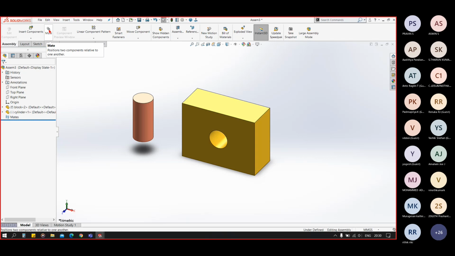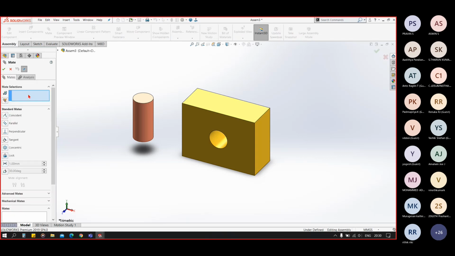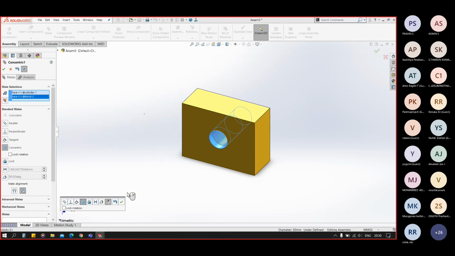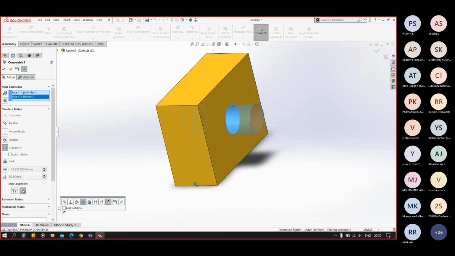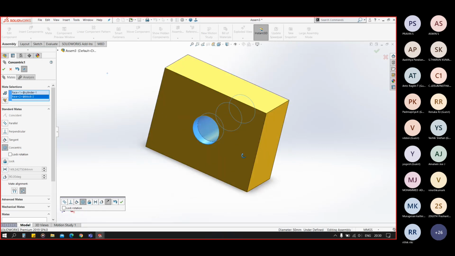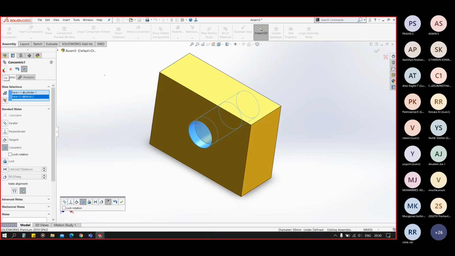In the first way, you can click on mate, and in this box you can select the two faces which we want to make concentric. So let's say this face and this face. Now you can see the faces are now concentric. Now when you hit OK,